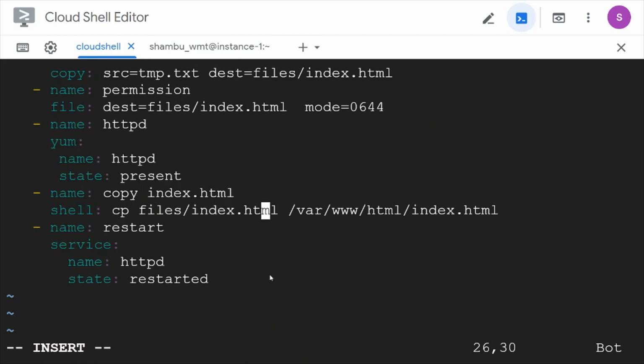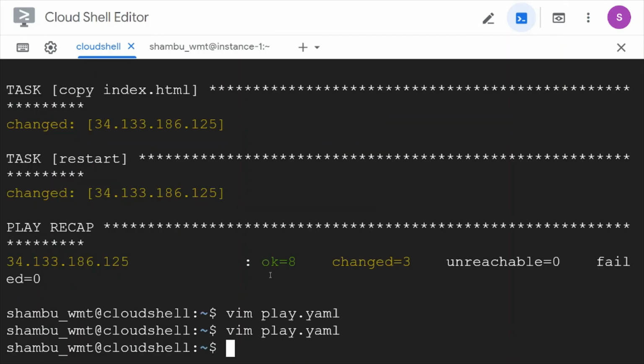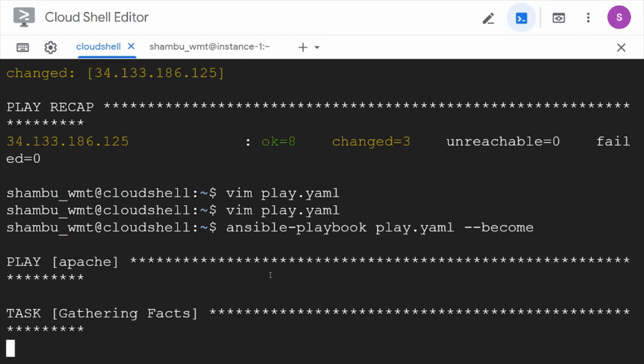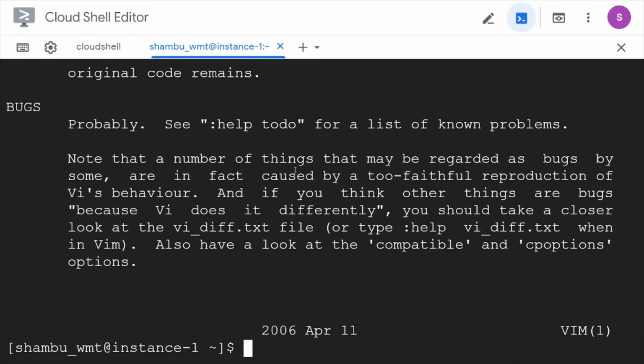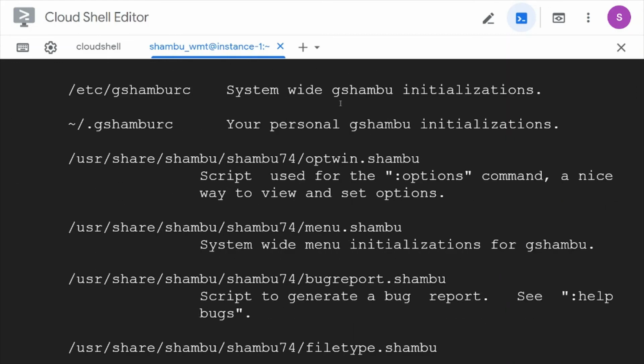So I can change this. Here I use a shell command. Instead of copying this one, I could have used tmp.txt. Now if I run the command, we will be able to see the man page of vim, but it replaces the vim with my name.